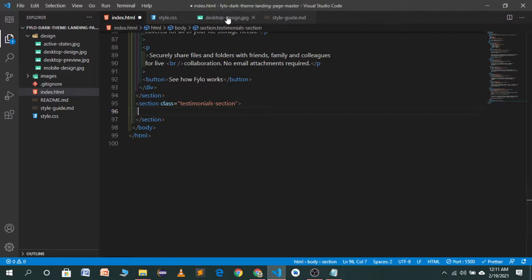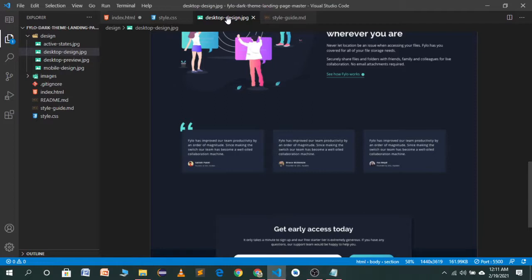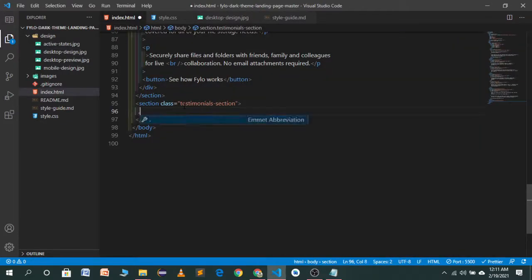In this section, first of all, we will have a container, and in this container we have a paragraph and then personal info.